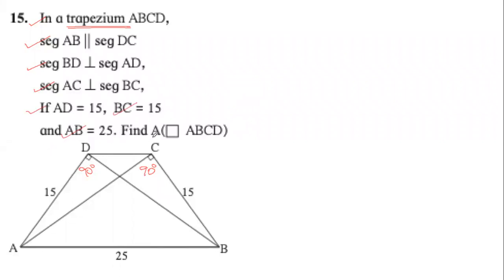Finally, the question is find A. Who can tell me what the question is asking us to find out? What is the meaning of this A? Thank you, Prachi. This means area. And I have suggested that instead of writing like this, you can write area quadrilateral ABCD. There are two advantages when you write like this. Area is very clear, you don't need to confuse it with the name of the vertex. Second, you don't need to write the brackets. Area quadrilateral ABCD.